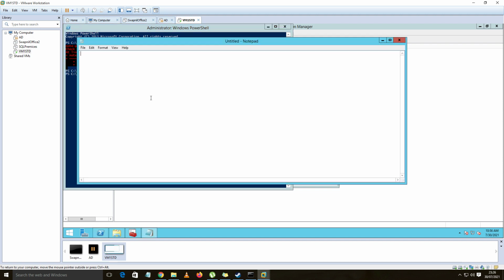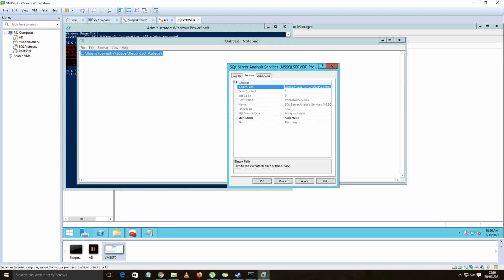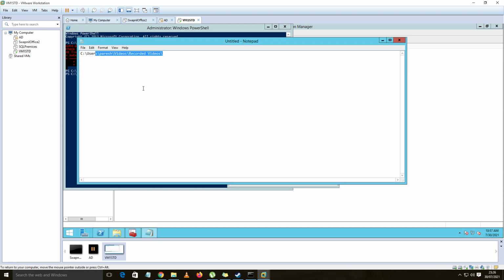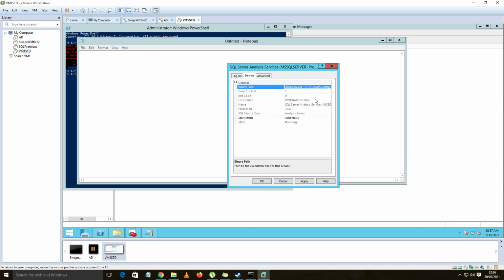I believe we can't copy it. Well, fine, no issues, sorry for this. So you can't expand more than this. If you see, this is the binary location. This will be a default C directory in case of standalone as well as on cluster.